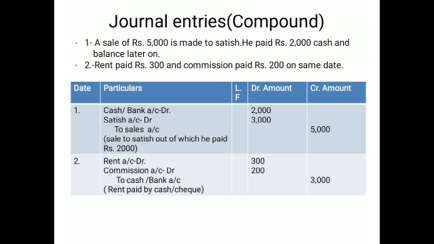The rent account will be debited with the amount of 300 as the rent expense. And the commission will be debited because it is also paid as an expense, 200. So the total money going out is 500. By mistake 3,000 has been written; you may write down 500 here. This is a printing error. The entry is rent account debited with 300 and the commission account debited with 200, and to bank account 500.